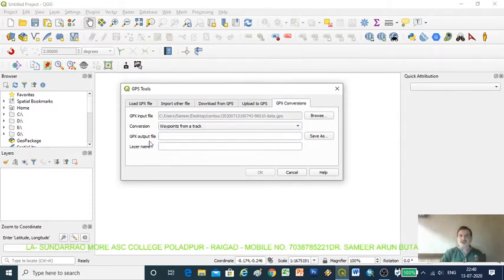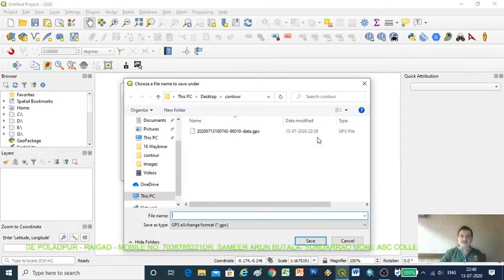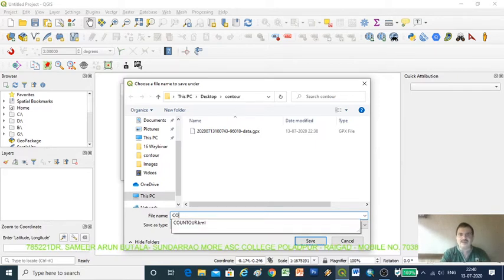Then GPS output file, suppose we create a file, we have to give the output location where we can save our file. So click on save as, and automatically our folder opens, this PC, desktop and contour. So we give the output name of the file, that is maybe contour or any.